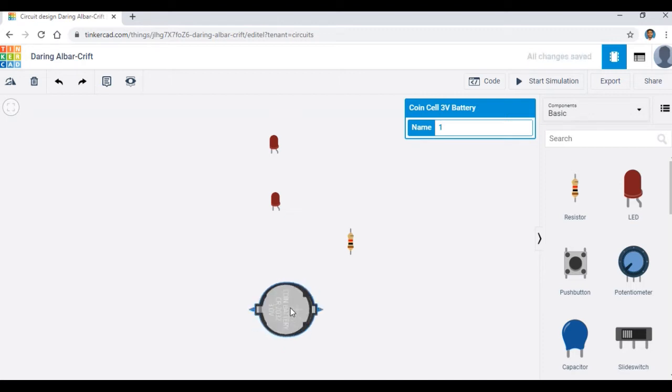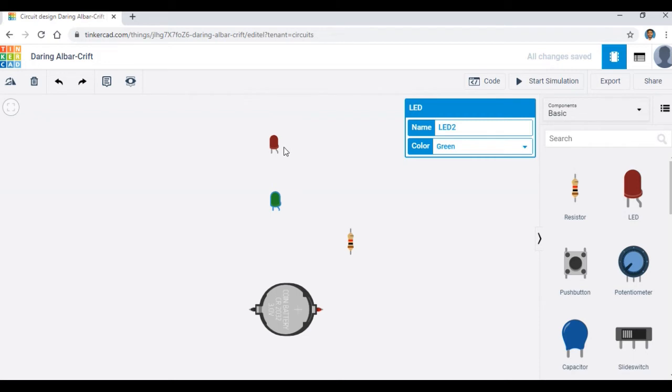That's fine. I'm going to change the name of this LED to LED1, and I'm going to take this as the red one. Coming to the second one, I'm going to change the name of this second LED to LED2, and here I'm going to change the color also, green.